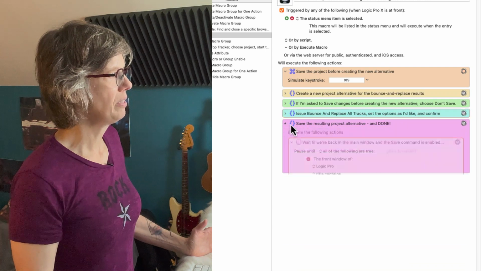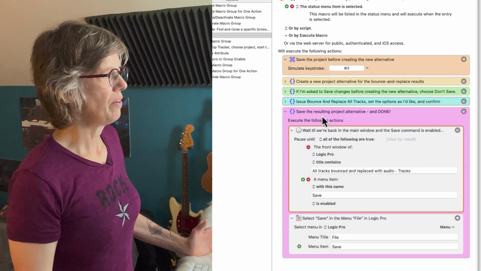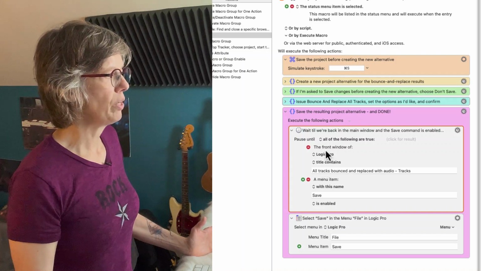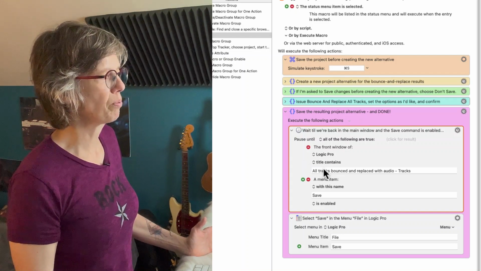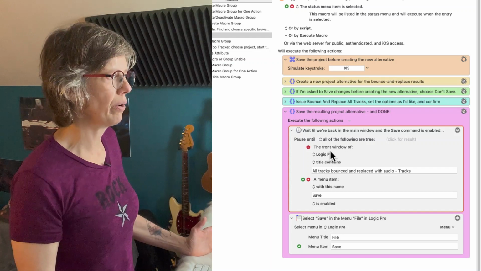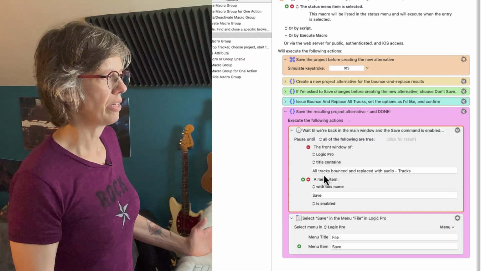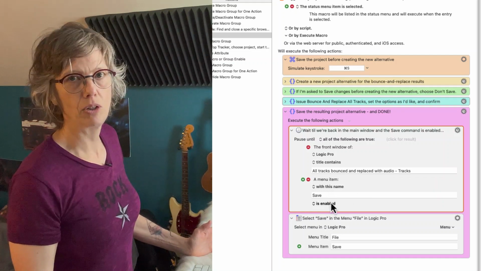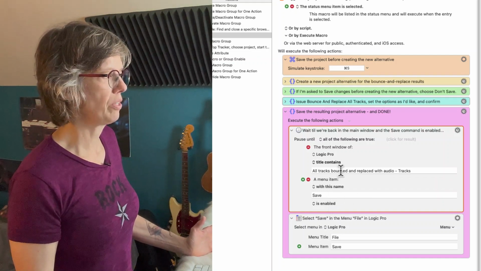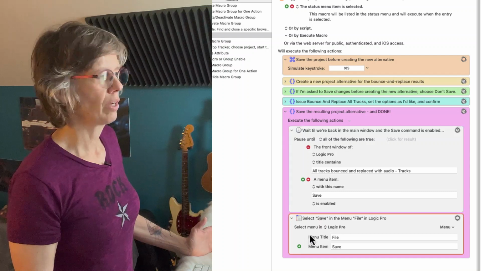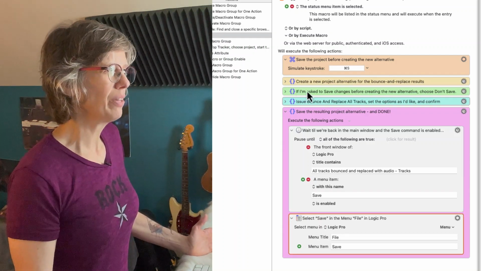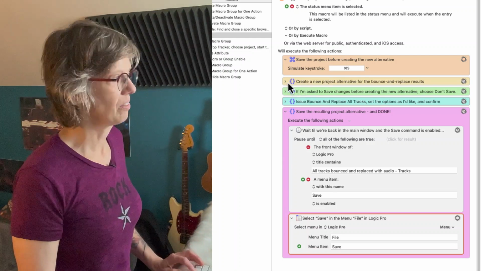And then finally, saving the resulting project alternative, and I'm done. So we pause until Logic Pro's front window has the title containing All Tracks Bounce and Replace with audio tracks. And there's a menu option called Save that's enabled. Once these things are true, I hit save and I'm done. All right, so I know that seems probably like a lot,